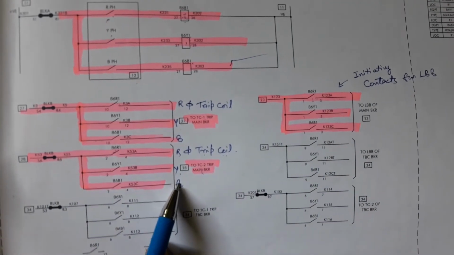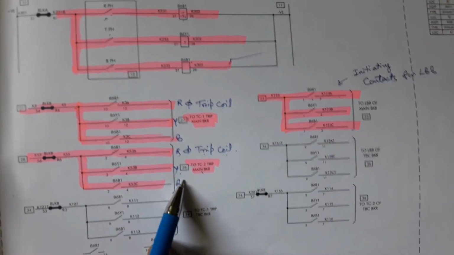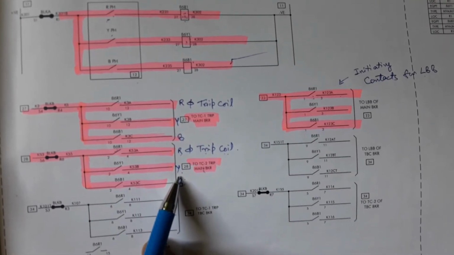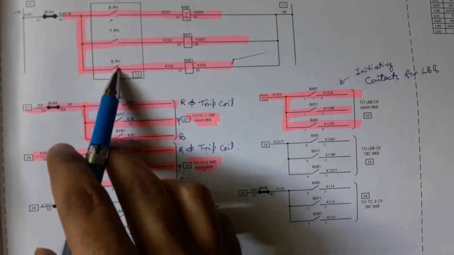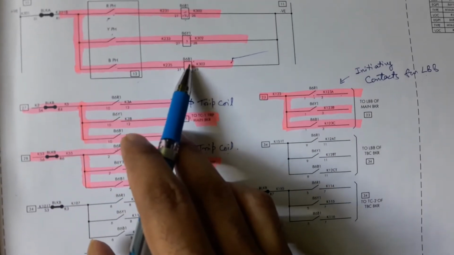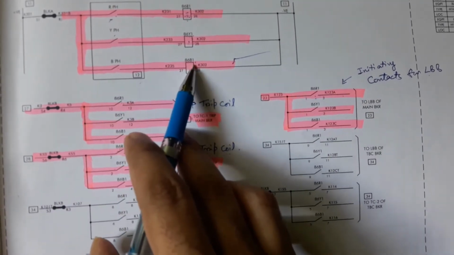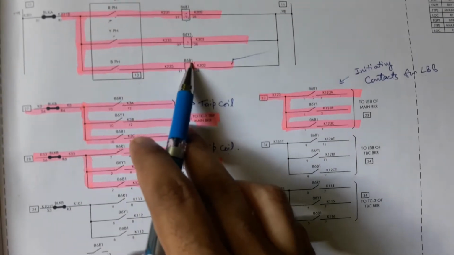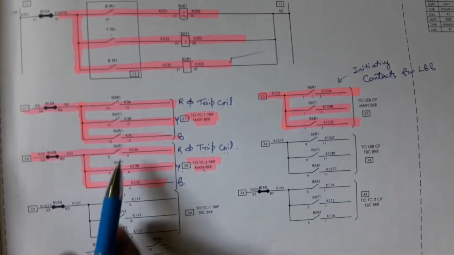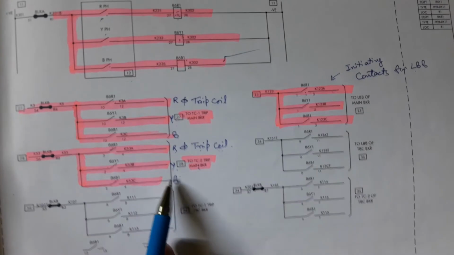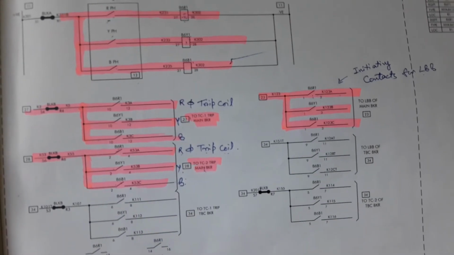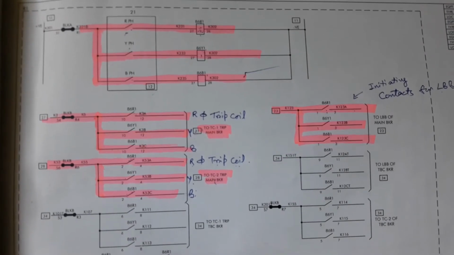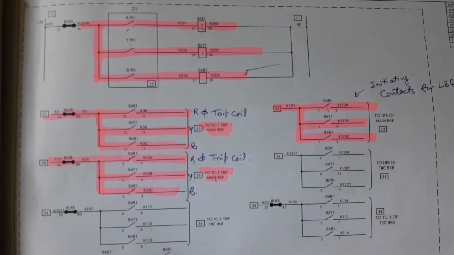And if the circuit breaker performs its tripping duty successfully, then the fault will be cleared and there will be no fault current in the circuit. As a result, this contact will reset automatically, and this 86B1 will also reset automatically, and these two contacts of this 86 single phase relay will also reset, and there will be no tripping pulse anymore to the blue pole of the circuit breaker. That means the blue pole of the circuit breaker is ready to reclose again by auto recloser.